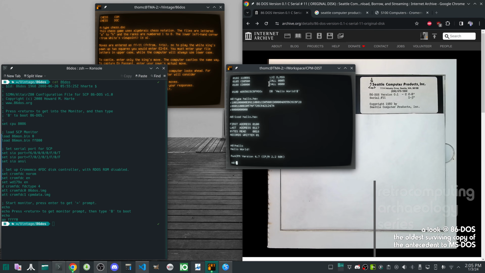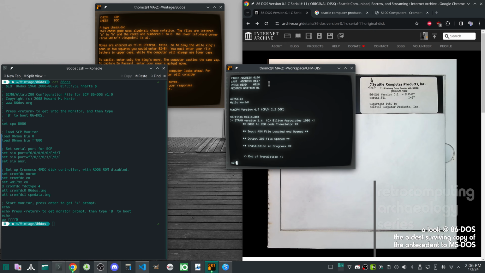Now, as I said before, the trans utility has no way of dealing with 8080 format instructions and wants Z80 instructions instead. There were plenty of tools to be able to do this, one of them being, for example, Ztran, and failing that, you could always do it by hand. And it goes ahead, pulls the data in, does the Z80 translation, and if we take a look at the resulting file that it created,